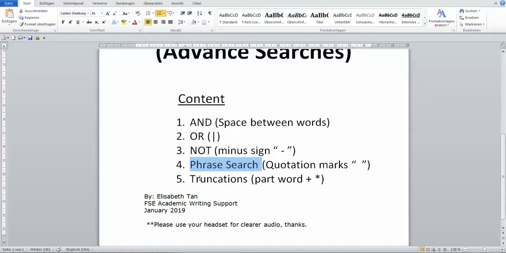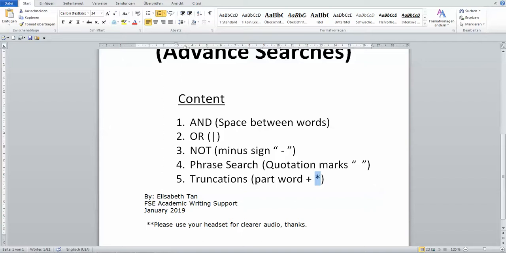So the last one would be truncation, where, in English there's like lots of root words. So you use the root word and then you put an asterisk there, and then the system, Katalog Plus, will then match everything with the root word. So for example, pronouns, instead of saying, and you want pronunciation, pronouncely, all sorts of words that's quite similar, or globalization. So you want globalize, globally, then you have to do the root word plus